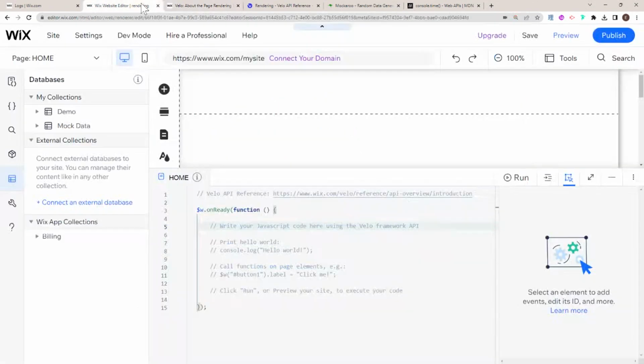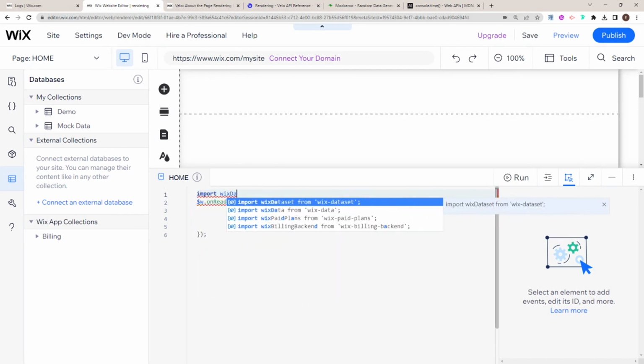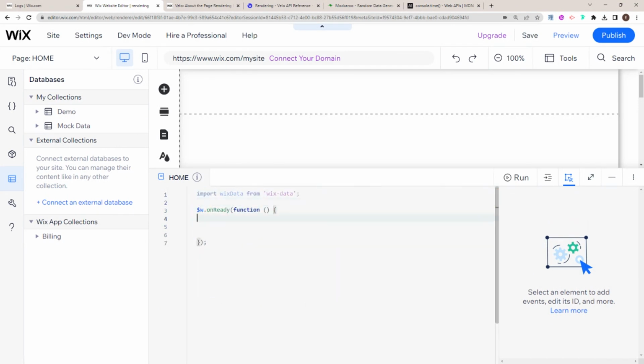I'm going to go over to our site now and demonstrate one of these things, which you might have run into. So what I'm going to be doing here on the home page, I have a simple onReady function here, and what we're going to do is just insert some data into this demo collection. So I'm going to import Wix data, and here, as soon as we run this onReady function, I'm going to create a wrapper function. I'm going to call it insertDemoData, and this is going to be an asynchronous function because we're inserting into a collection. And I'm just going to call a simple insert, so const